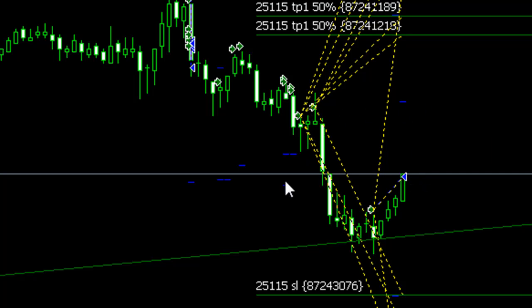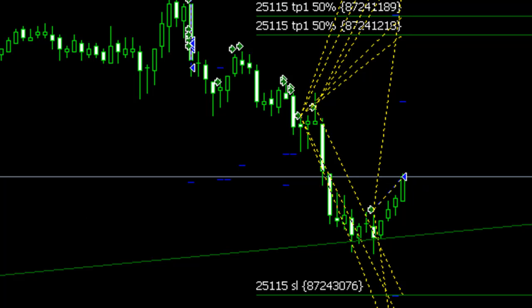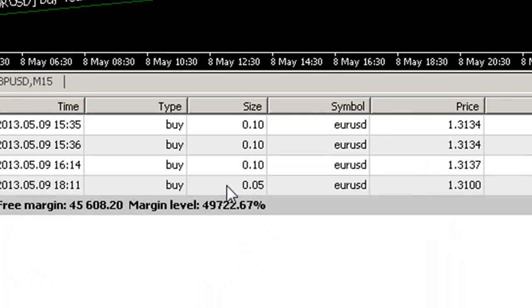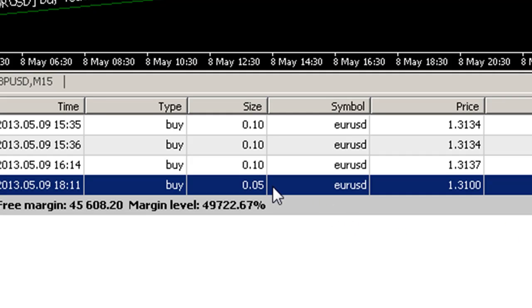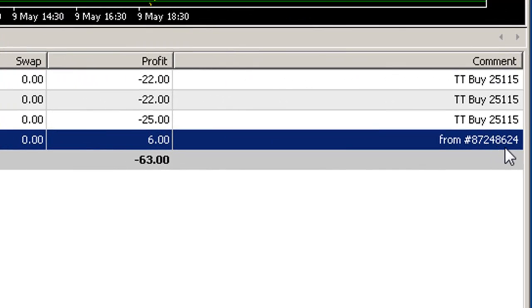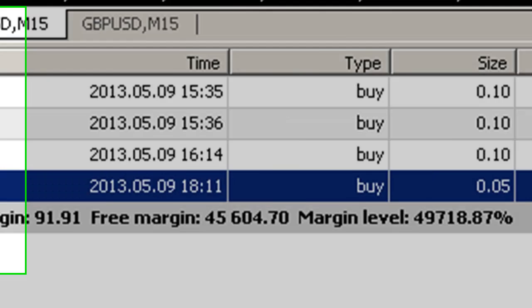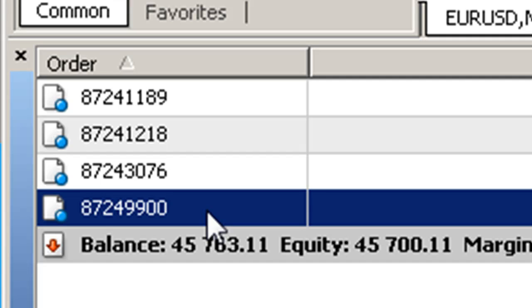First of all the orders are updated, and you can now see that TP1 level has disappeared. And if we look at our orders window down here, you can see this lot size has been reduced by 50% to 0.05. And in the order comments, you can see from 872.48624, and there's obviously a new MT4 trade or ticket number associated with this order, which is